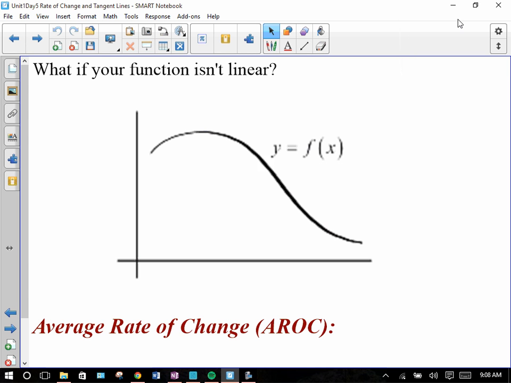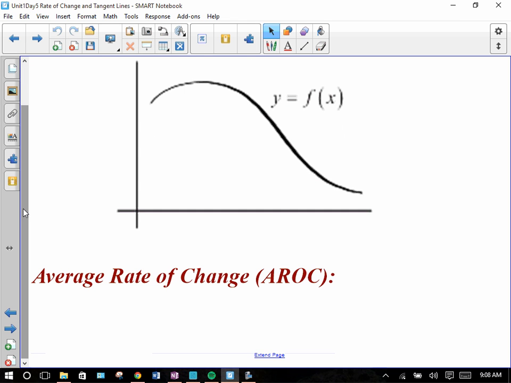Alright, so what we talked about on Monday and what we're going to continue talking about today is average rate of change, finding the slope at a point, and then what we're going to now talk about is how to find a tangent line at a point. So what we got to was we were talking about how if you have a nonlinear function,